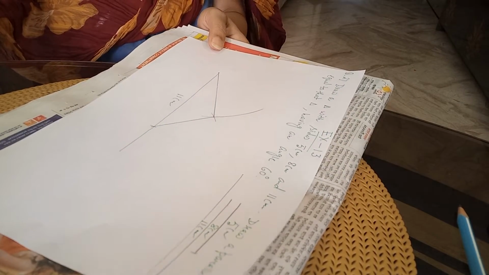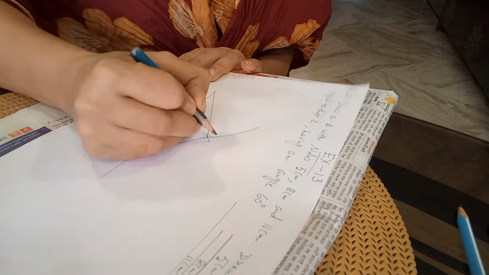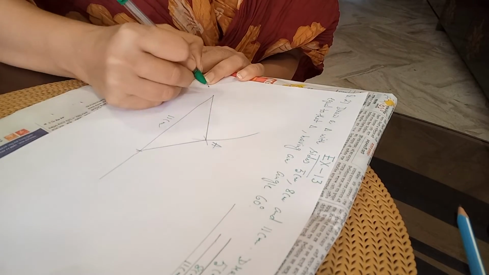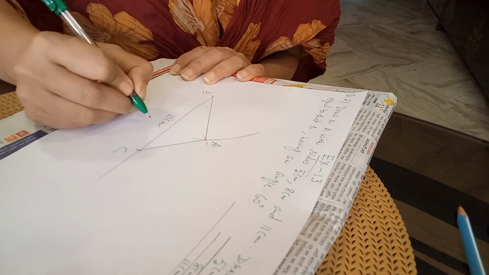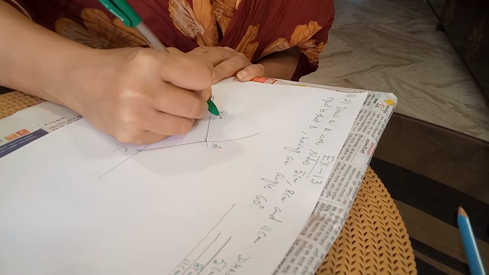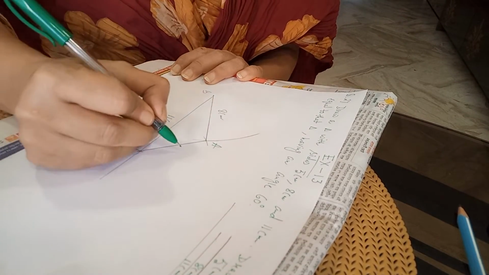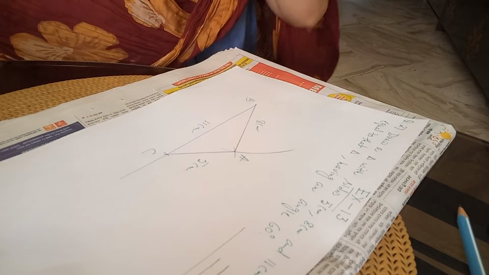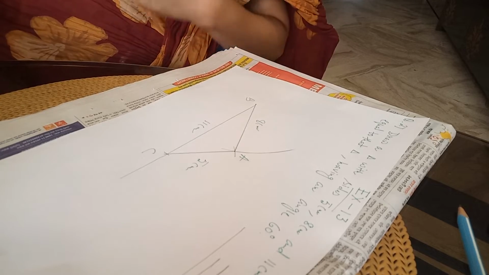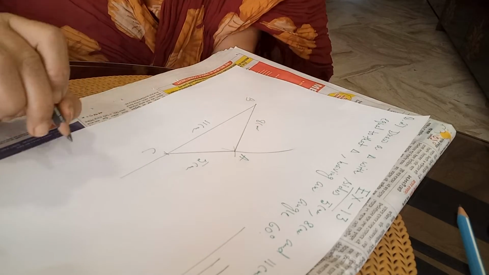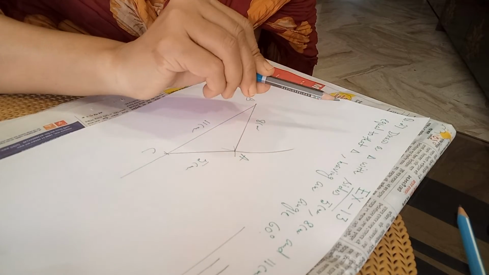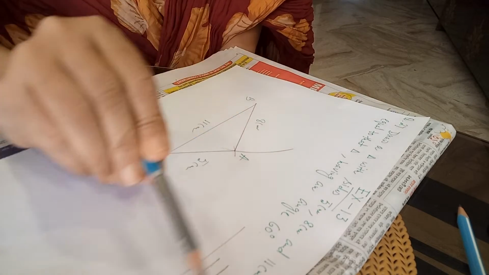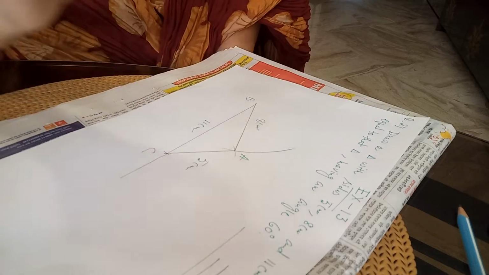Name of this triangle is ABC. I can give, as it is not mentioned here. So I am giving A, B, C. This is 11, this is 8 cm. Measurements also you will mention in the diagram. Okay. Then what property will apply here? A parallelogram we have to construct, whose area is equal to that of triangle.